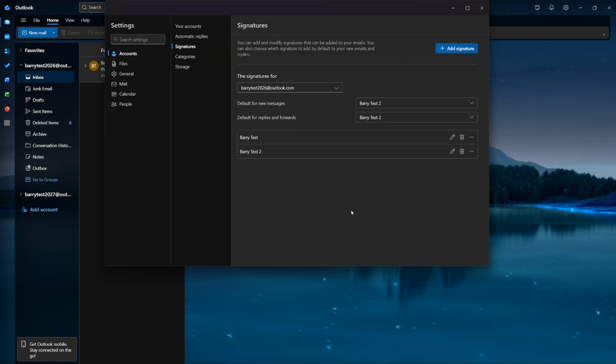When you're happy with your selections, click OK to save. Back in Outlook, your choice is now live. The next time you create a new email, your default signature